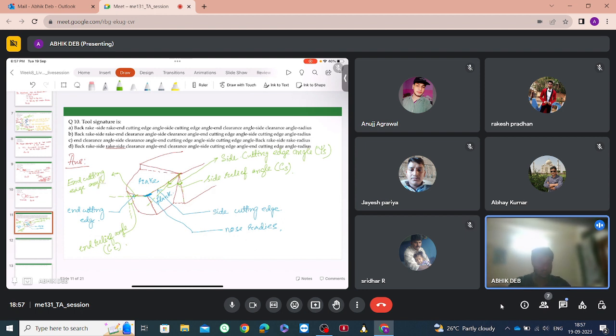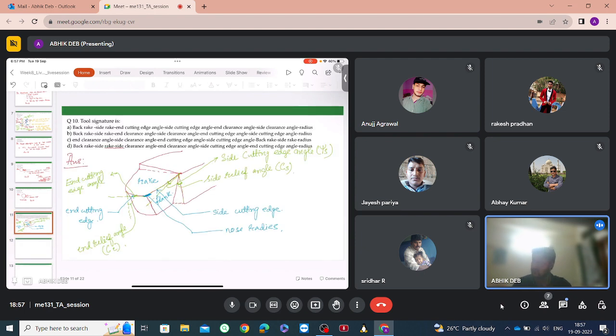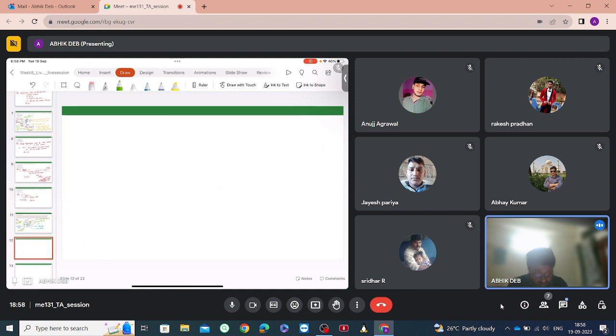Now, before we go further, let me ask you about the views. If we view this tool in a side view, that is from the flank surface, from this side, then what will we observe? We'll observe a tool section like this. So what is this angle? Back rake angle. Yes, so this is the back rake angle,